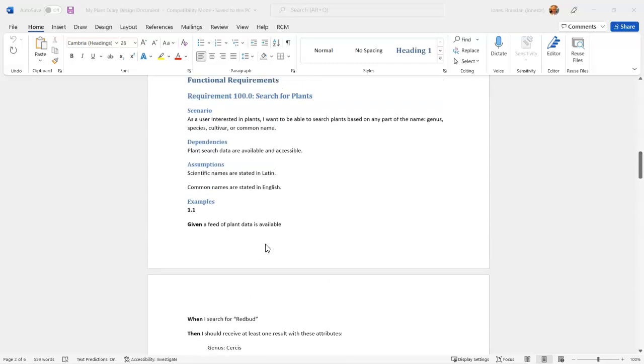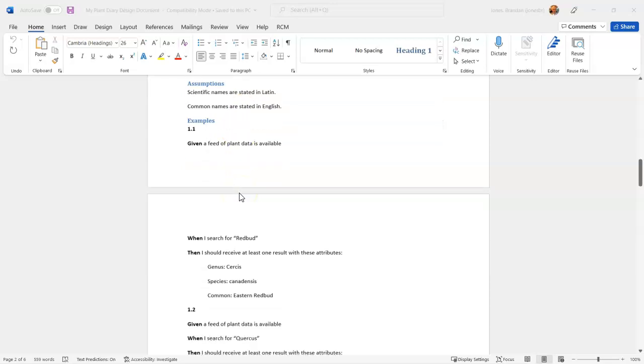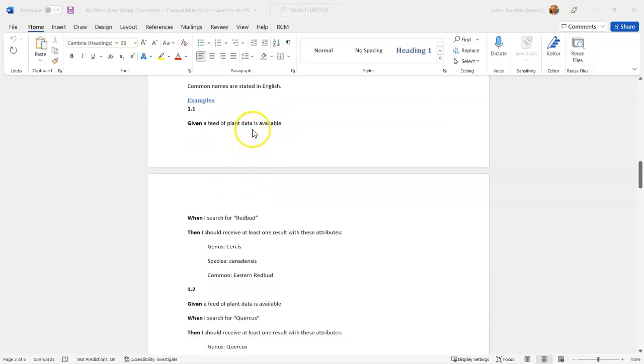As a user interested in plants, I want to be able to search plants based on any part of the name, genus, species, cultivar, or common name. Dependencies: plant search data are available and accessible. Scientific names are in Latin. Common names are stated in English. Now we have: given a feed of plant data are available. When I search for redbud, I should receive at least one result with these attributes: genus Ursus, species canadensis, common